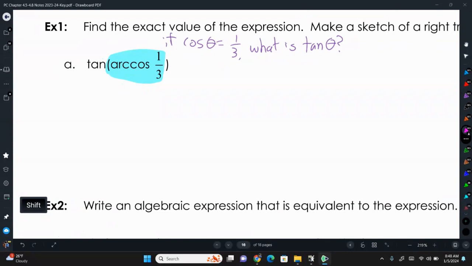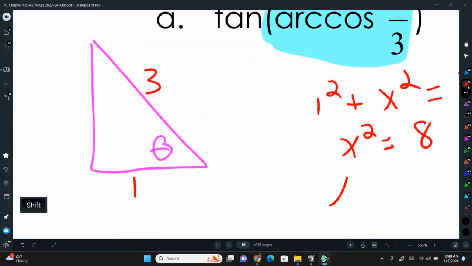So the inverse cosine of positive 1/3, that means we are in quadrant number 1, so tangent will be positive. So we'll draw our right triangle, and there's theta. Cosine is the adjacent over hypotenuse, so now we have to calculate the opposite side. So 1 squared plus x squared equals 3 squared. So we have x squared is equal to 8. And then we square root both sides, x equals